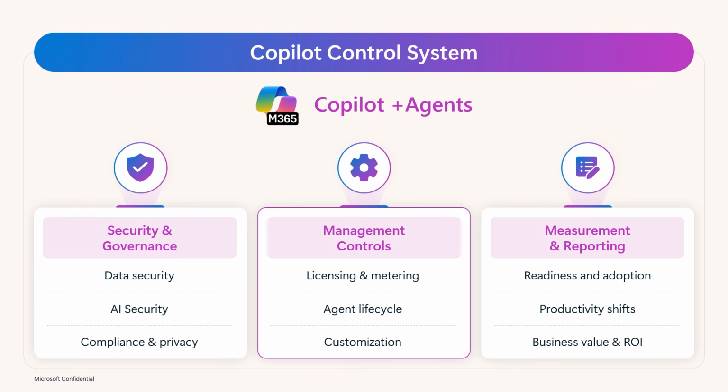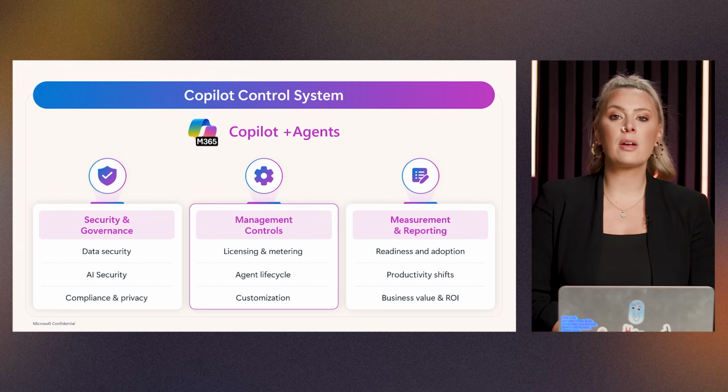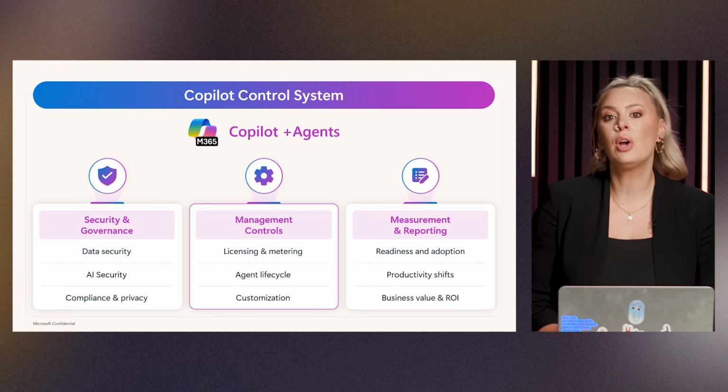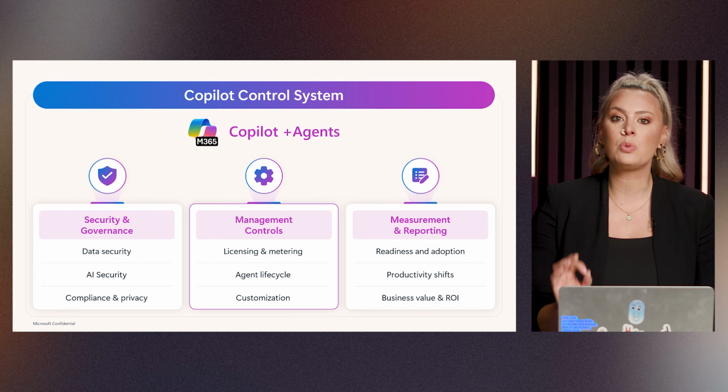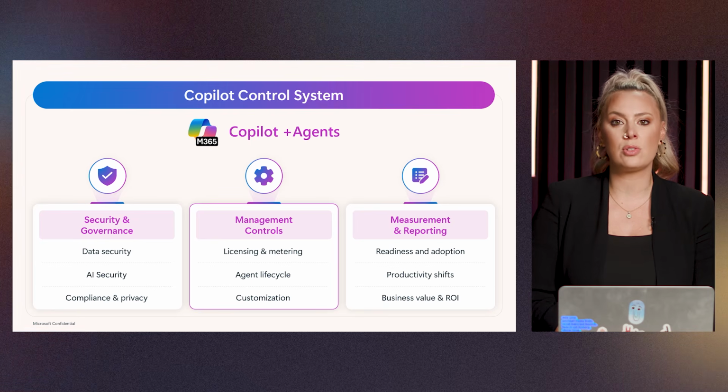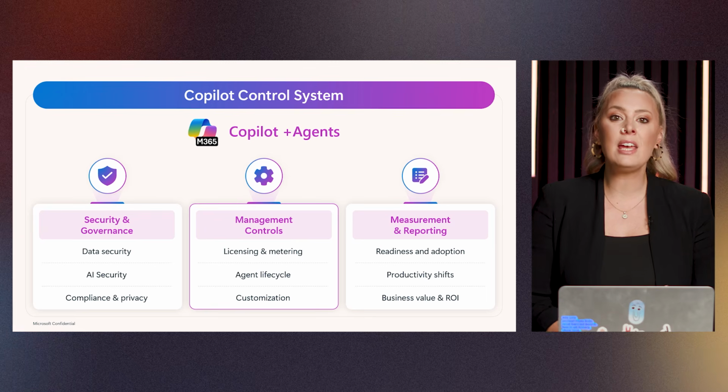As part of management controls, cost controls in the Microsoft 365 Admin Center and Power Platform Admin Center play a key role in ensuring your organization has the tools to effectively monitor and understand agent usage, while managing and even